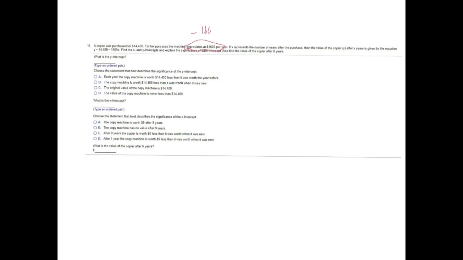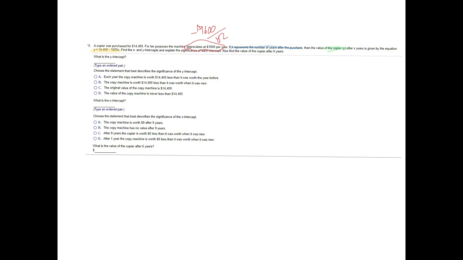Depreciates at $1,600 per year. And then it's telling me what my variables represent. If X represents the number of years after purchase, then the value of the copier is Y. So we know that X is the number of years after the purchase, and the value of the copier is Y. And then they give us the equation here: Y equals